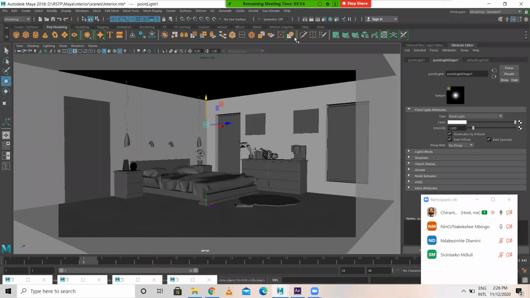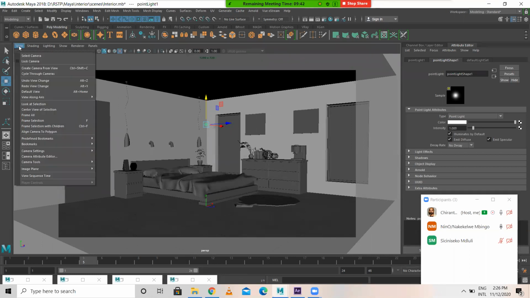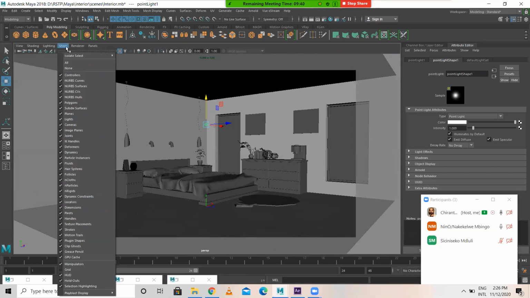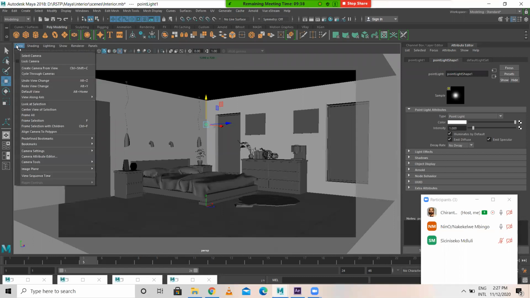Okay. I'm in this link, and I want to freeze this link. For that, what you can do, view. Okay. Do you know what is bookmark? Have you heard of bookmark?